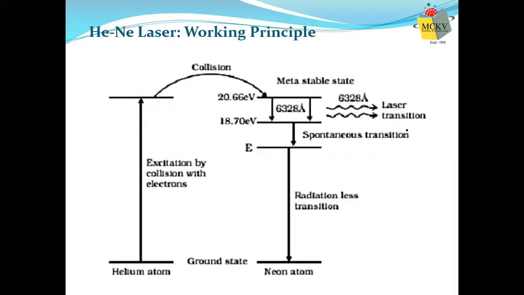Now, the working principle. As I have said, this is a 4-level energy system. Let me give the names. So these are the helium atoms. We are considering E naught and say E dash for helium atoms. Don't understand that between E naught and E dash there are no energy levels. We are not mentioning them here, but there may be other energy levels present. We are only bothering about these two for helium because that is not required.